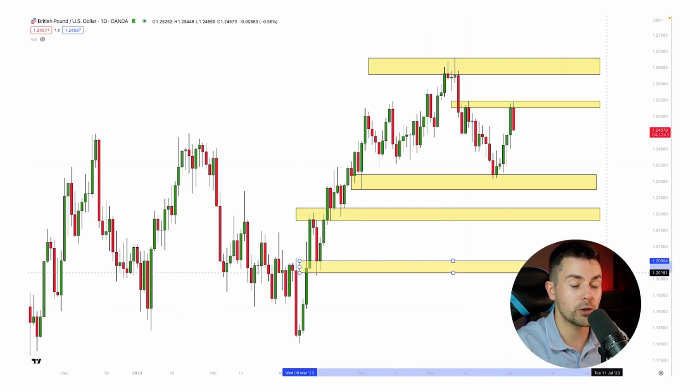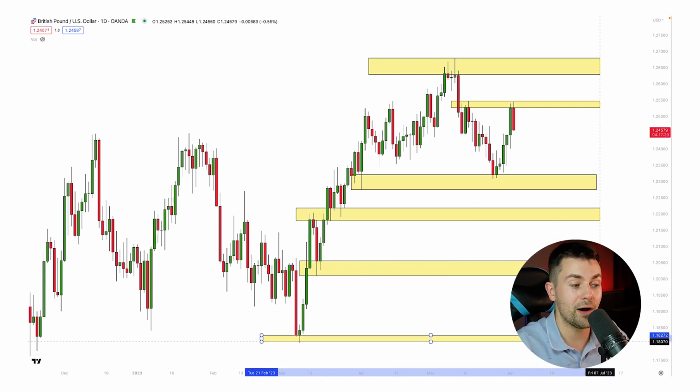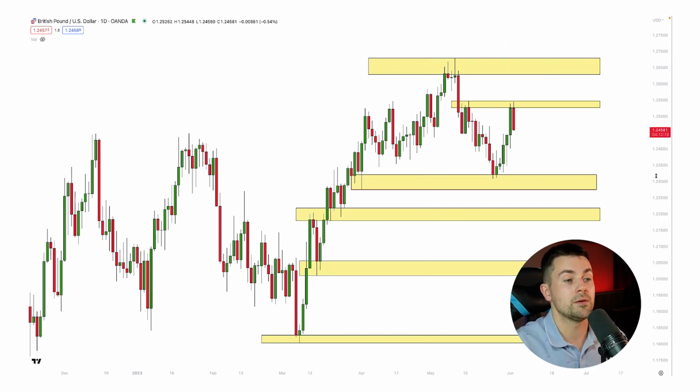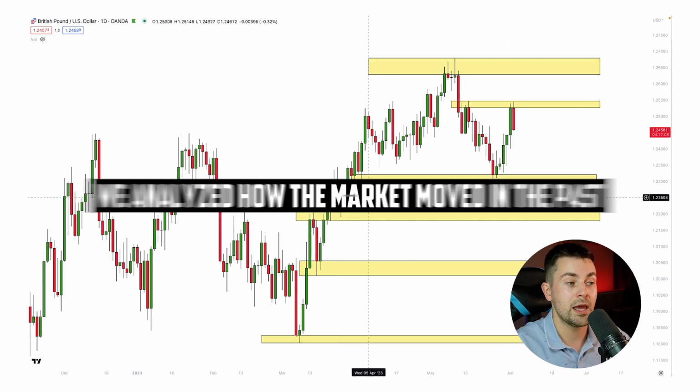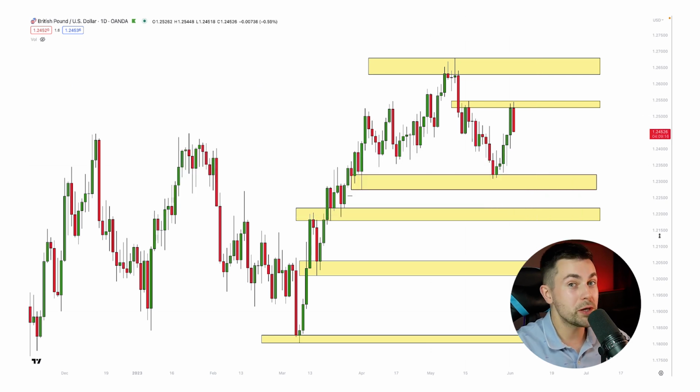A bit lower over here we have one more very important structure, and again from that structure a strong bullish movement initiated, so we can call that a key support. Then over here we have our last support based on the current local low, and from that support a very strong bullish trend initiated. So we spotted the support and resistance levels relying on price action. We analyzed how the market moved in the past, and we were looking for the areas from where significant moves initiated. So here we have two horizontal resistances and four horizontal supports, and all these structures are the key levels,